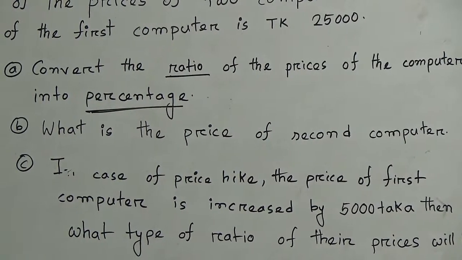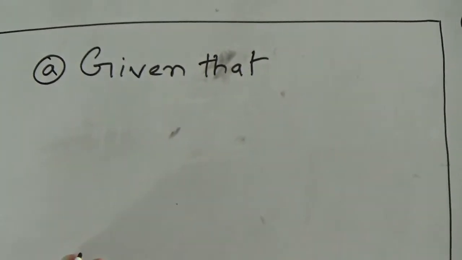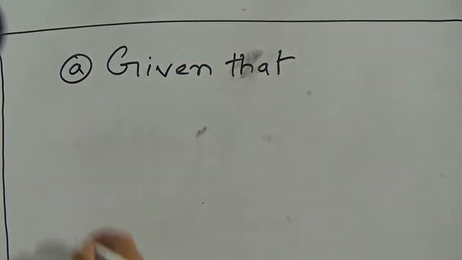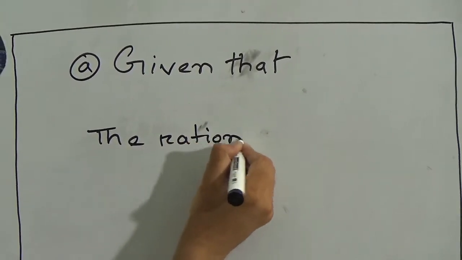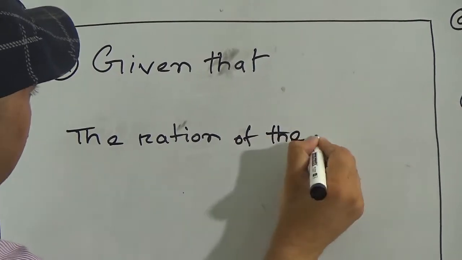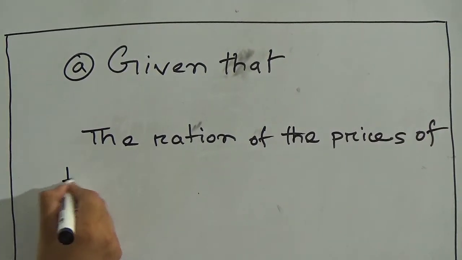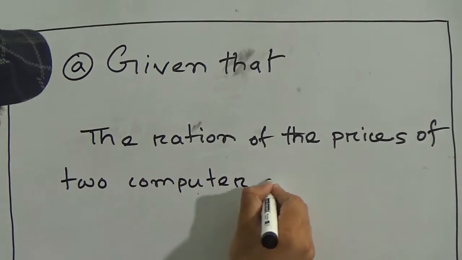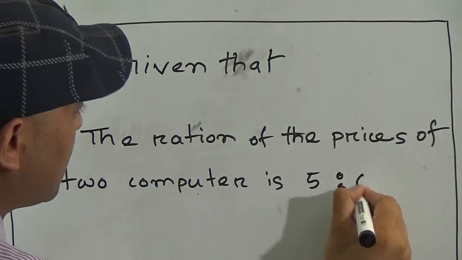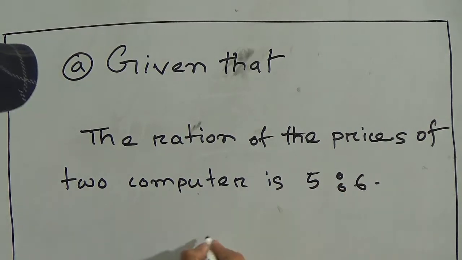So first of all, number A, given that the ratio of the price of two computers is 5:6. So we have to convert this ratio to a percentage. We know that 5:6 means